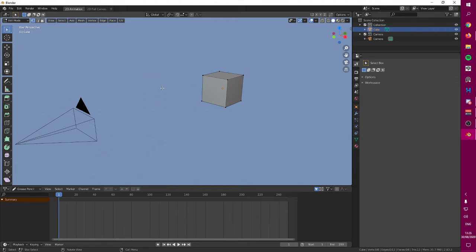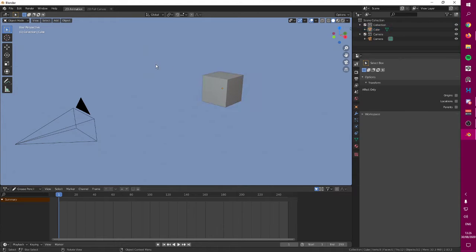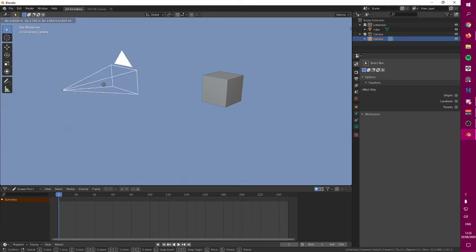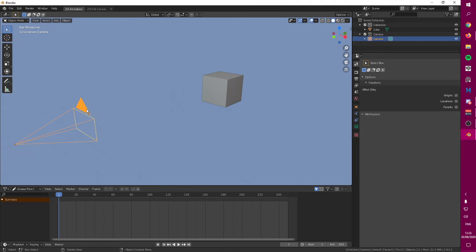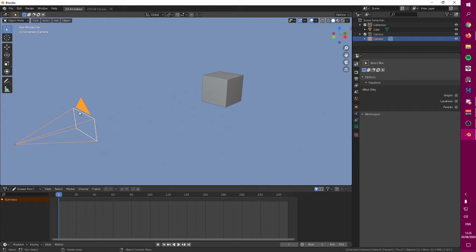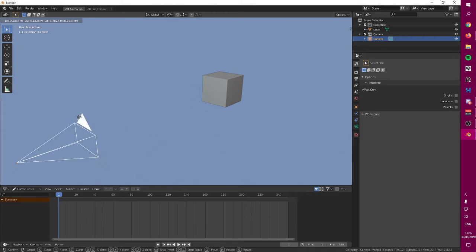When you are working in Blender, you're working in different modes to do different things. Object mode is mostly used to move your objects around. Okay, so if you want to move the camera around, you grab it, you press G, or in here with this one, move. If you hover your mouse for long enough, it's going to display the shortcut in there. So to move things around, you can select it and then press G.